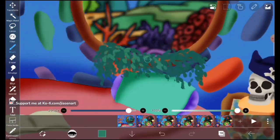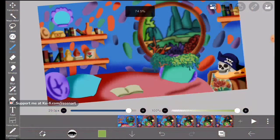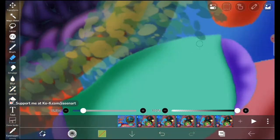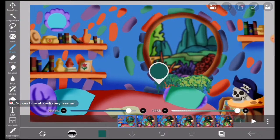So the properties kind of change when you're animating, in the sense that something that looks really vague or hardly visible on a static image, the moment you start animating, the moment it starts moving, oh my god,